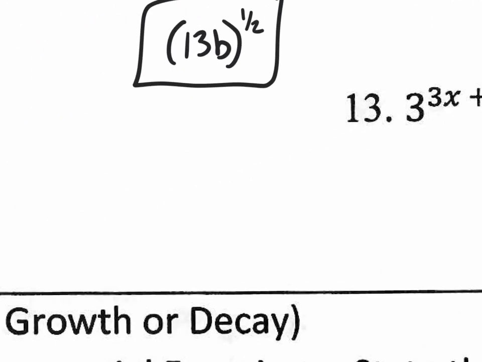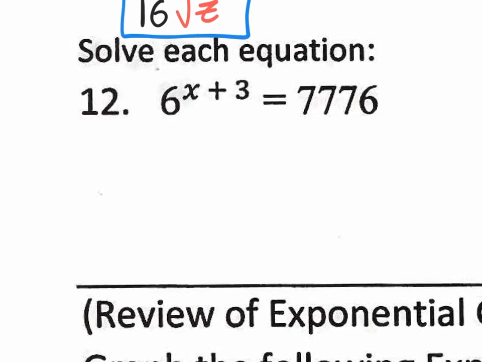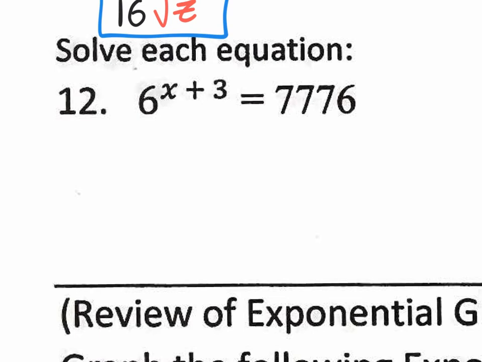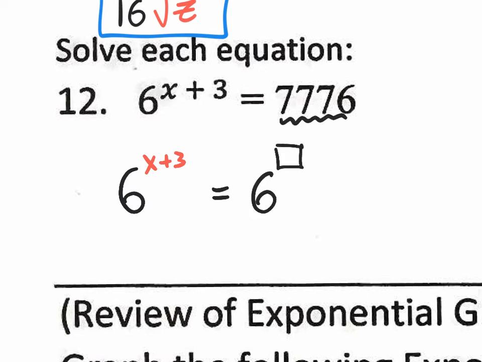Let's move on to the last couple of problems here, solving equations. Right here the trick is to get the same base. We have the base 6, so if we could change this to be 6 to a certain power. So once again, we have 6 to the x plus 3. And we have the equal sign. And over here, I would like to change that to become 6 to a certain power. Okay, so with the calculator, I'm just going to start guessing. I'm going to go 6 to the power of 4, and that's